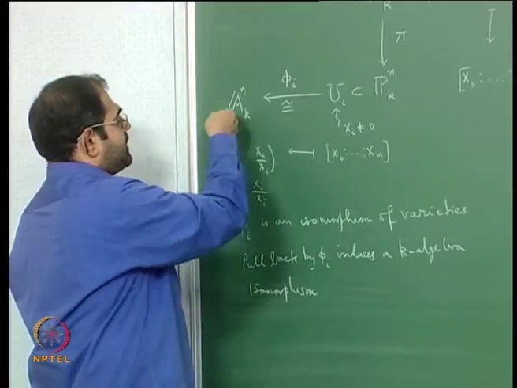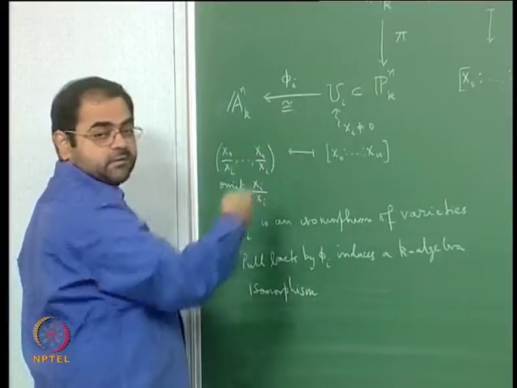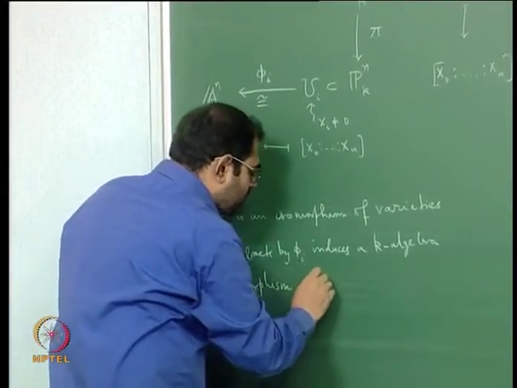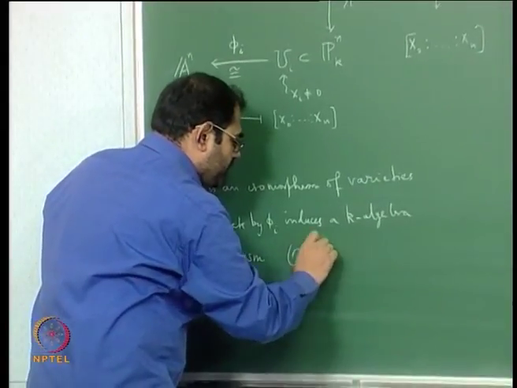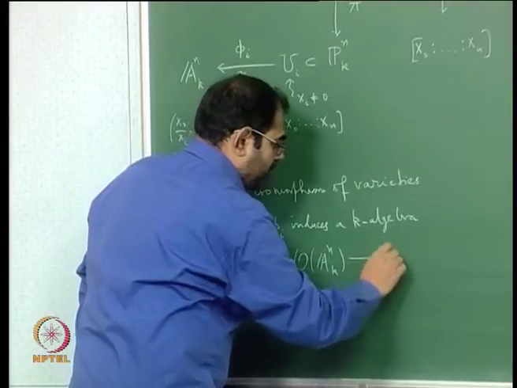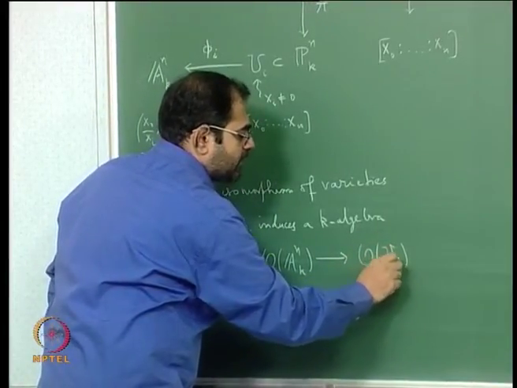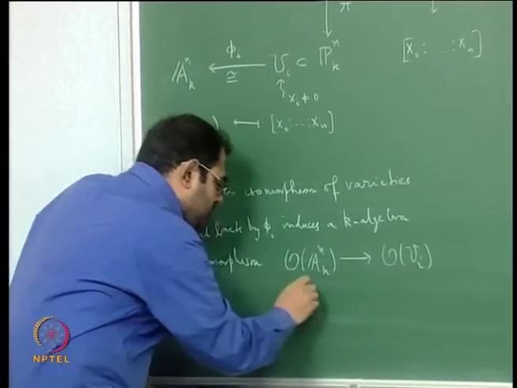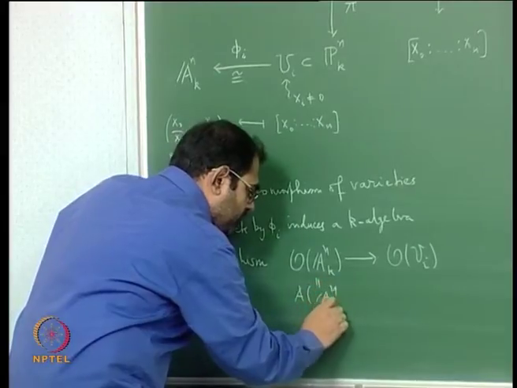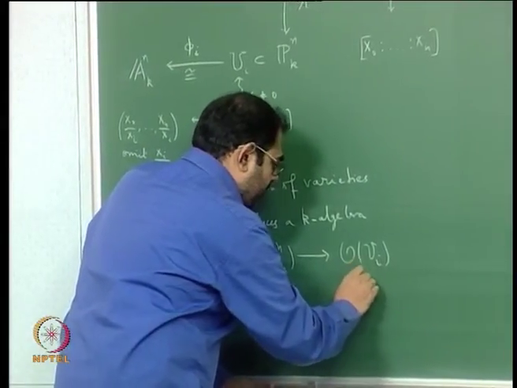Pulling back means given a function here, you compose it with this to get a function here. So you get a K-algebra isomorphism from the regular functions on affine n-space to the regular functions on Ui, and the fact is that this is the same as the affine coordinate ring of affine space,